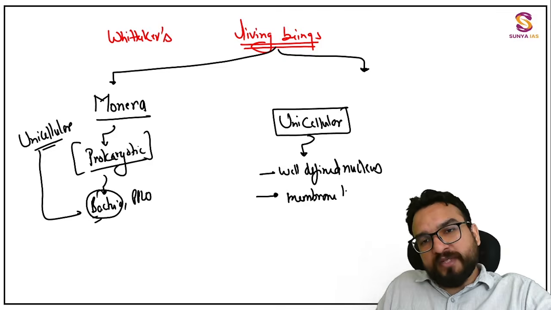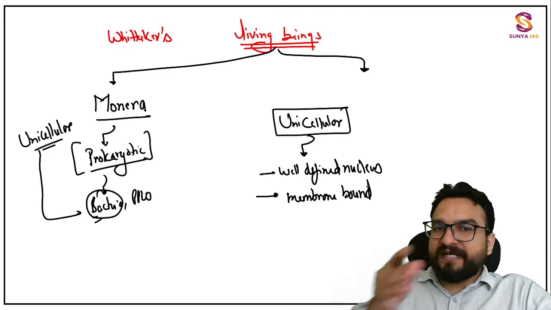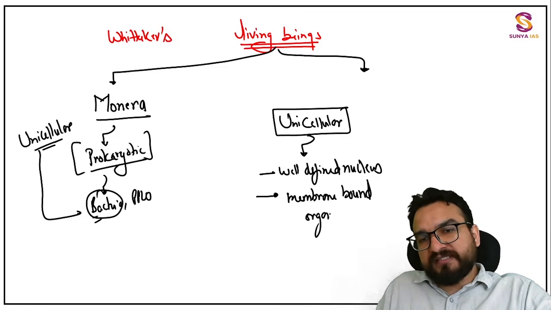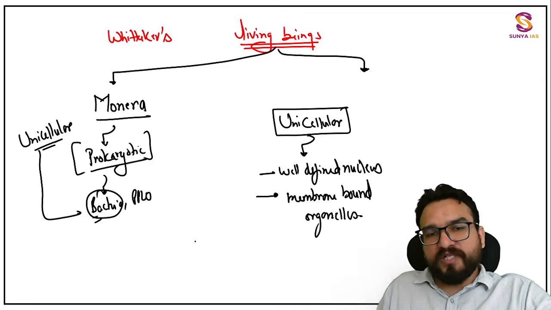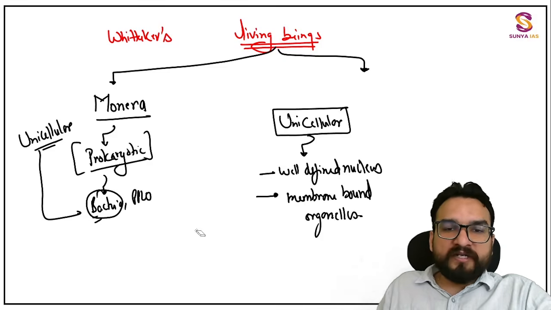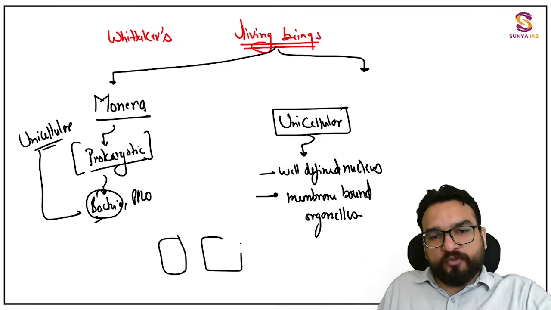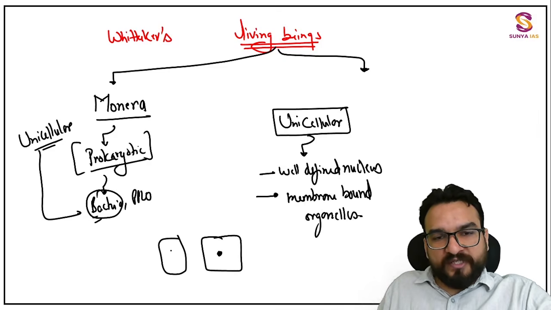अब ये membrane bound क्या है क्या नहीं है सब you will be understanding throughout this lecture. All the linkages will be happening. Membrane bound organelles are there. Means if there is a mitochondria, then there is membrane bound you will be finding. Membrane is there. ठीक है. So unicellular, you have two types of unicellulars. One is not having nucleus, one is having nucleus. One is not having any organelles, one is having organelles over here.